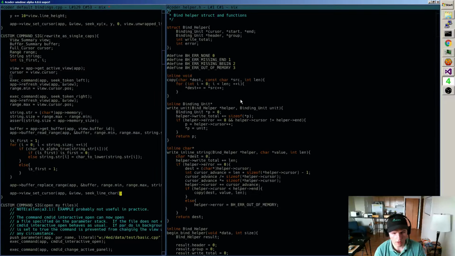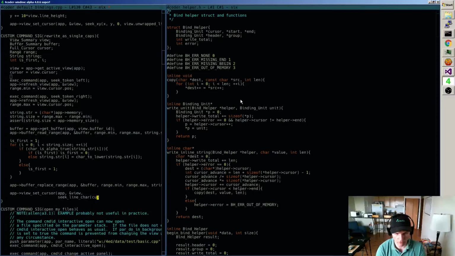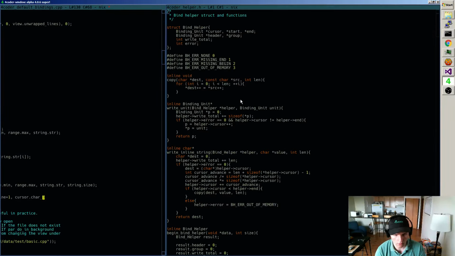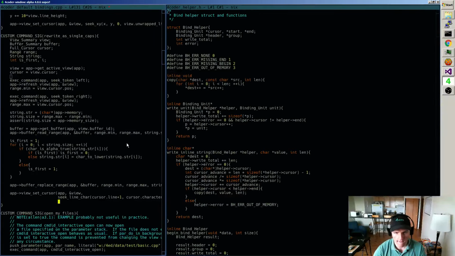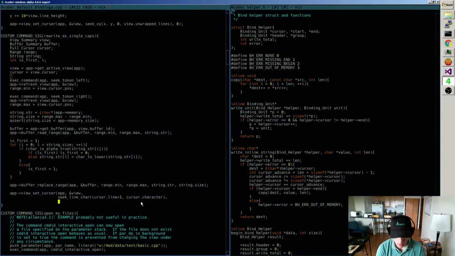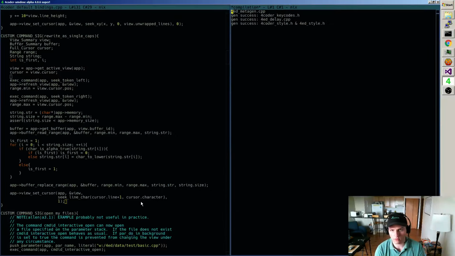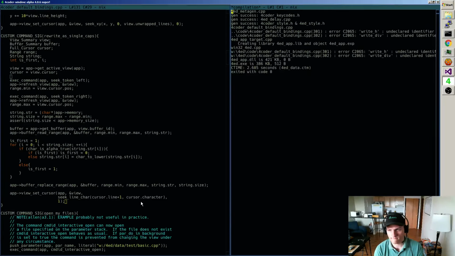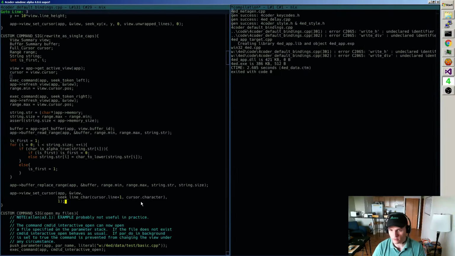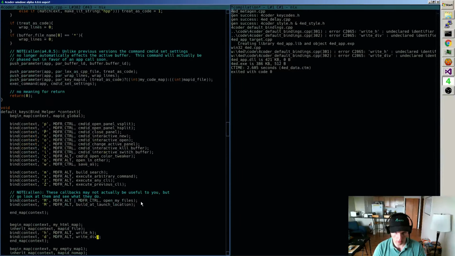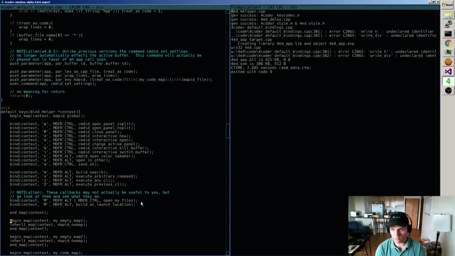Seek line char from the cursor dot line +1, cursor dot character, and yeah, set the preferred X after. Right, so I kept those around, but I got rid of the totally useful rewrite as single caps.